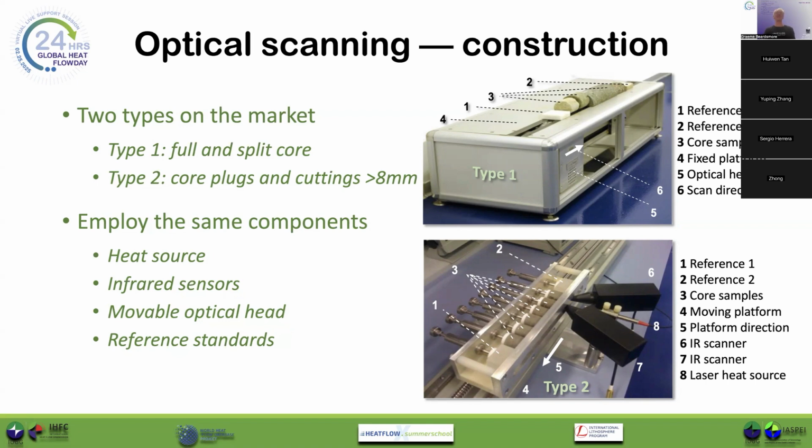So the 2 different types. You're very unlikely to buy both types because they're quite expensive instruments, but you do need to be aware of the limitations of the type that you might have or purchase. But both types, they employ the same components in their design. There's a heat source, there are infrared temperature sensors, there's a movable optical head that moves the heat source along the sample at a defined speed, and then there are reference standards that are measured